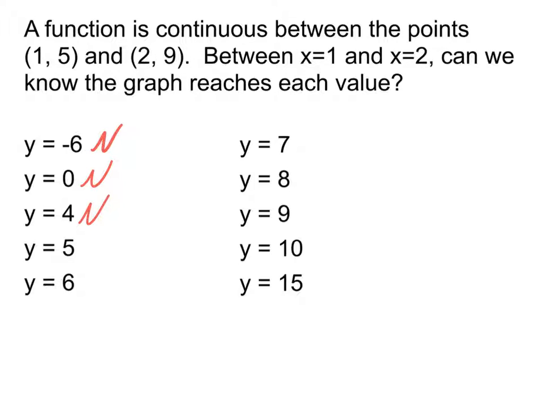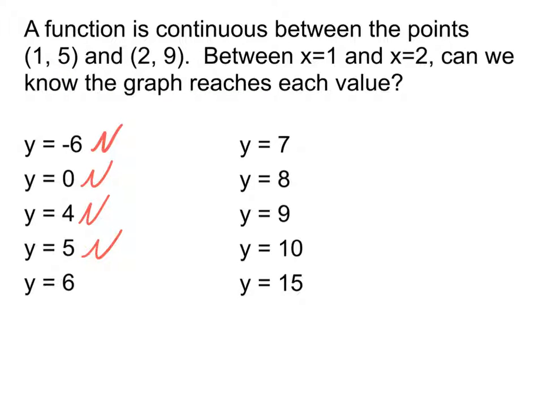Oh, we got a difference of opinion on that one. Well, notice we do hit y equals 5 at 1. But here we're talking about between 1 and 2. So we're looking at the interval 1 and 2 like that. The open interval. So can we know that it would hit 5 again somewhere between 1 and 2? No. So that's actually a no. See, that's a little bit of a detail that we often overlook with this,